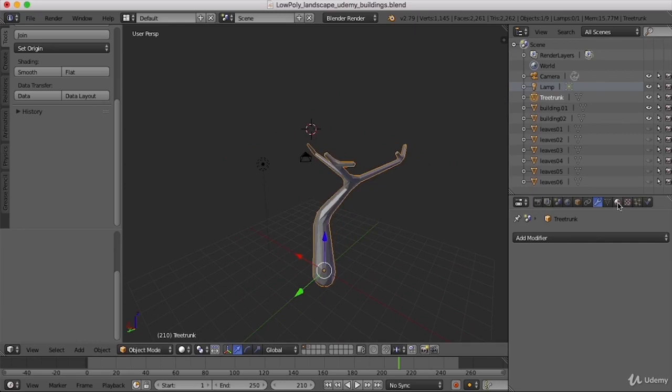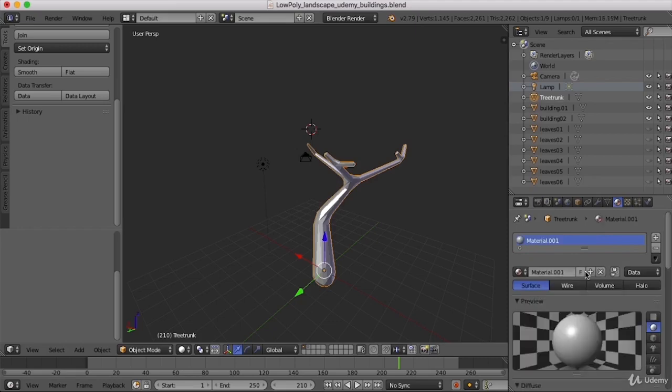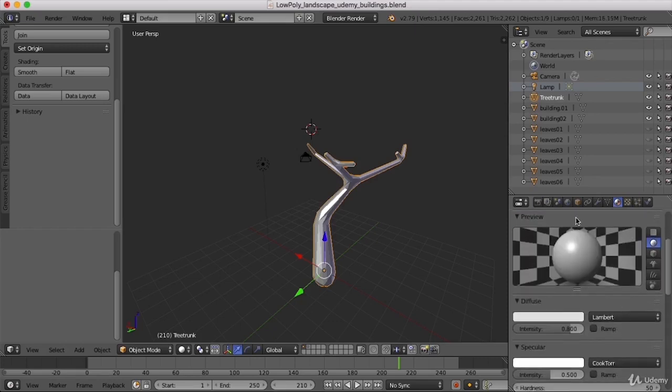So we're going to come over to our materials tab in our properties menu, which is the little sphere icon, and we're going to open up this. Now what we need to do is add a materials placeholder for each material we apply. So we just click on this plus icon, and you can see it's opened up this slot for us, and now we need to add a material into that slot. So if you just come down to here where it says new and click on that, and then that will open